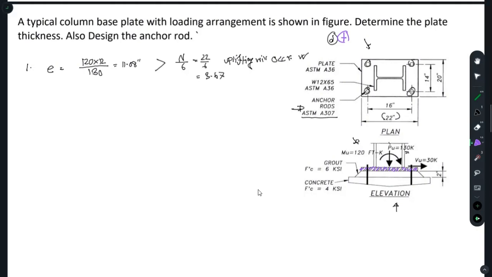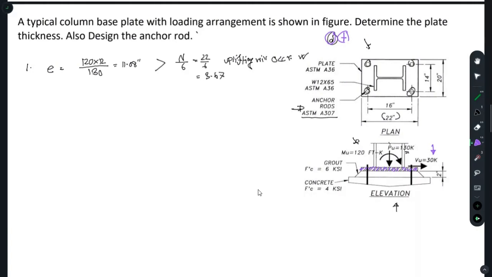Second of all, you will find the plate thickness. So these are the two things you are asked to find out. For that, you will design the diameter of your anchor rod for tension and for shear. The shear is given, that is 30 kip, but you don't know the tension that will occur in the